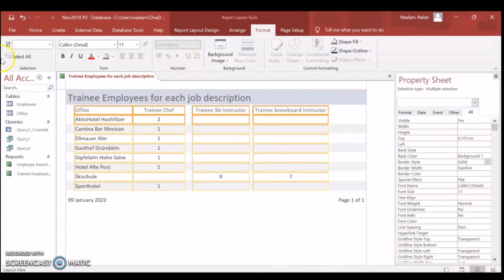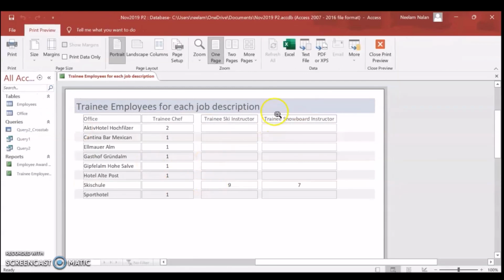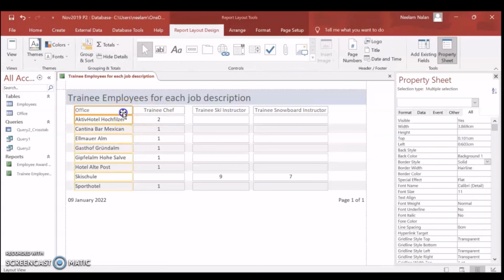So go to property sheet and border style should be selected as solid. Next is font size, as font size should be at least 12.